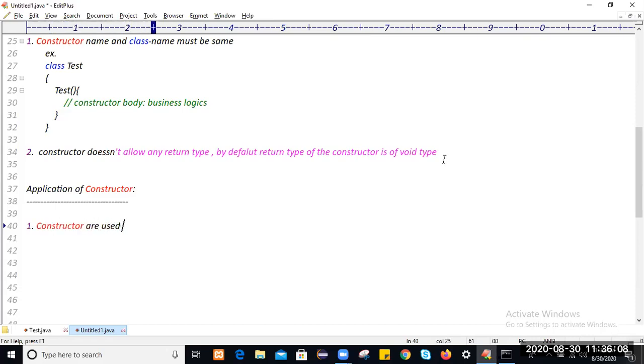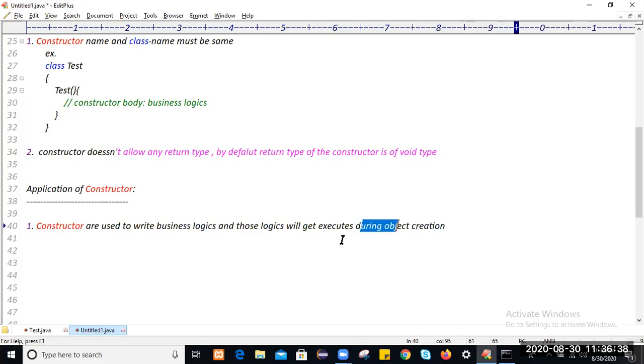Constructors are used to write business logics, and those logics get executed during object creation. It means constructor logics execution depends on object creation.